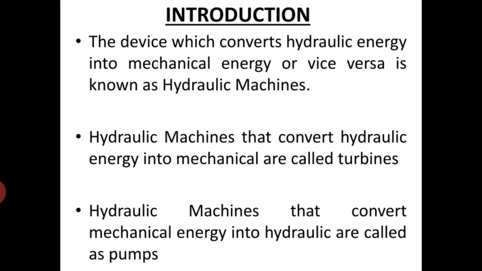As we know, turbines are defined as hydraulic machines which convert hydraulic energy into mechanical energy, and this mechanical energy is used in running an electric generator which is directly coupled to the shaft of the turbine. Thus the mechanical energy is converted into electrical energy, and the electric power which is obtained from the hydraulic energy, that is energy of water, is known as hydroelectric power. At present, the generation of hydroelectric power is the cheapest as compared to the power generated by other sources such as oil, coal, etc.